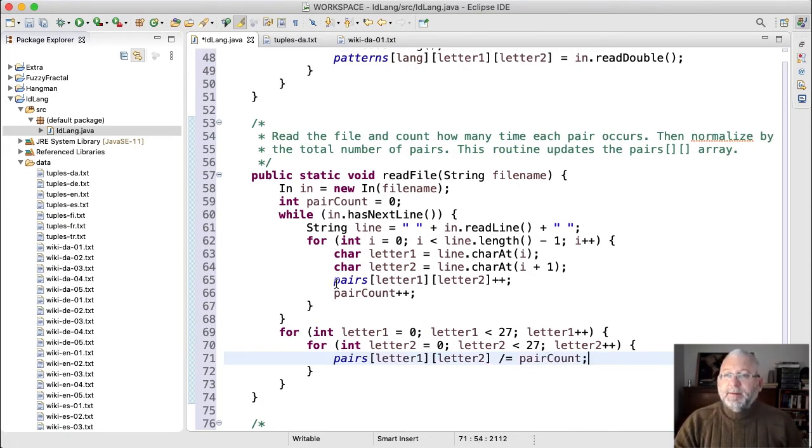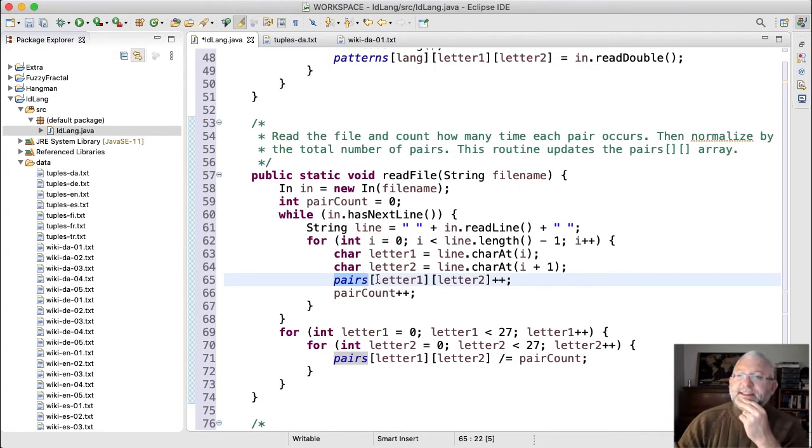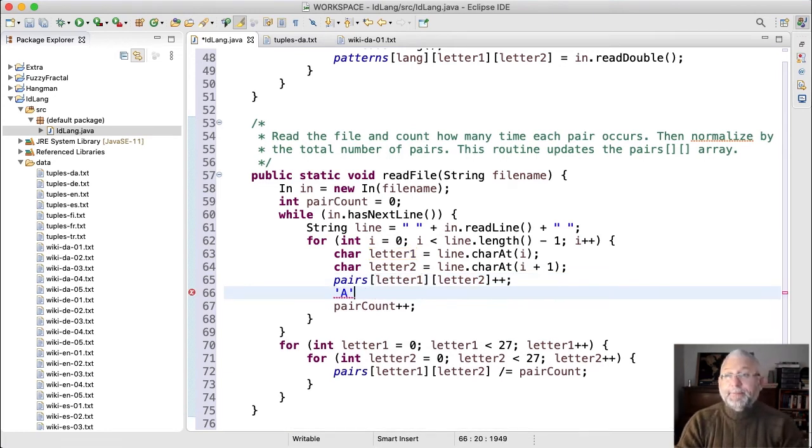divide that by pair count. And I think, if I remember correctly, pairs is already a double. So what I'm doing here is dividing a double by an int, so it shouldn't give me any issues with rounding down. Division will work fine. My only concern is that letter will be like a big capital A. It will be the character A. And when I convert that to an int,